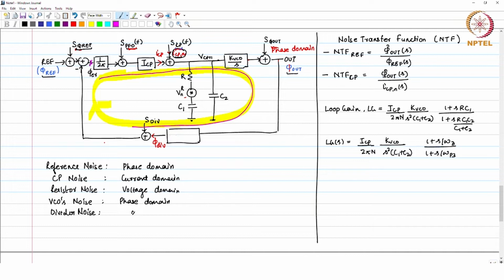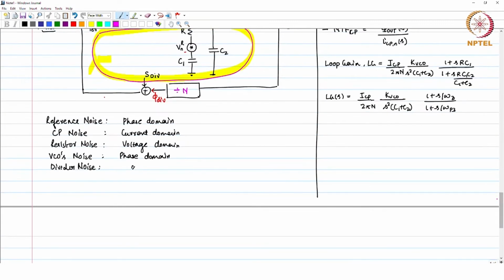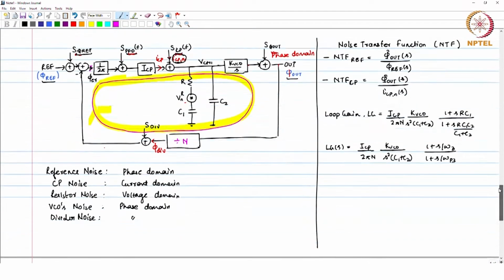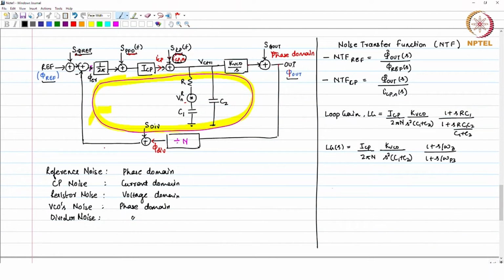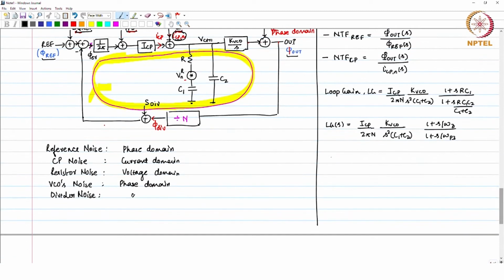So, the divider plays the role of phase output by n, and that is what you get back. So, this is the loop gain. Now, what I need to find is what is the transfer function for the first one, NTF of reference. So, NTF of reference is,